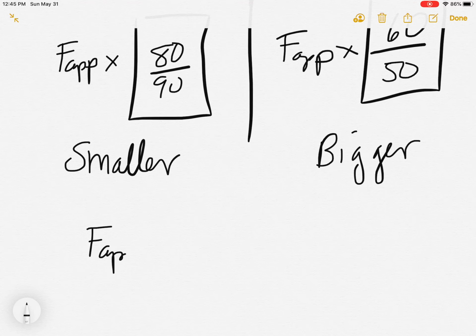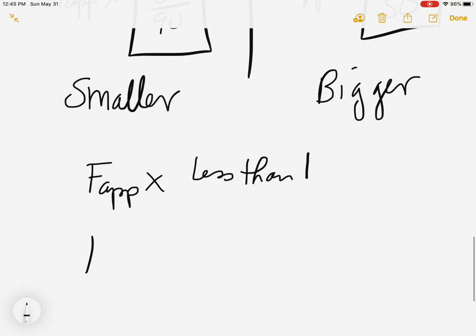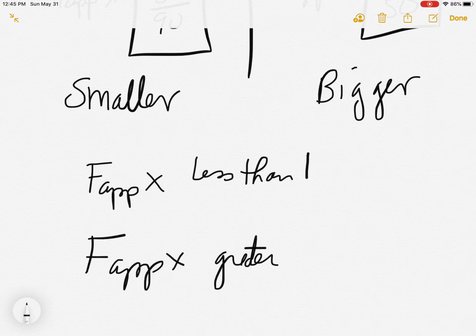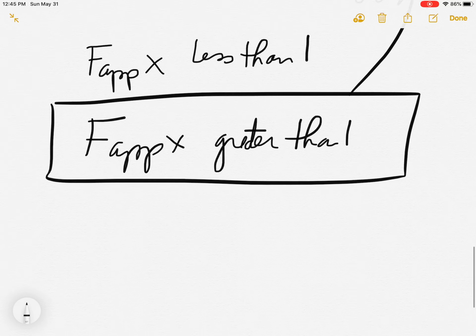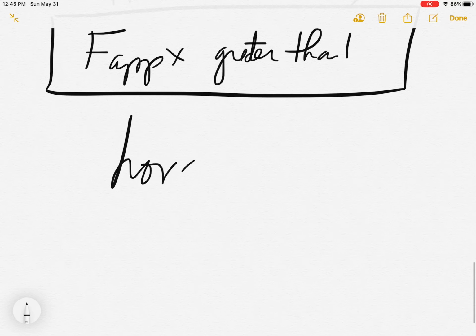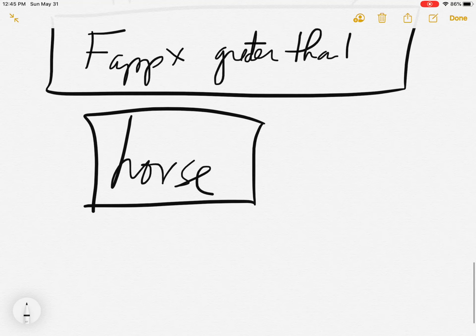So if you take a number called F applied, you multiply it by something less than 1, and then you take that same number and multiply it by something greater than 1, which one is going to give you the bigger answer? Obviously this one, the horse. So therefore, the horse has more power because the horse doesn't pull as far, but he does it much more quickly. And power is all about the rate at which you change